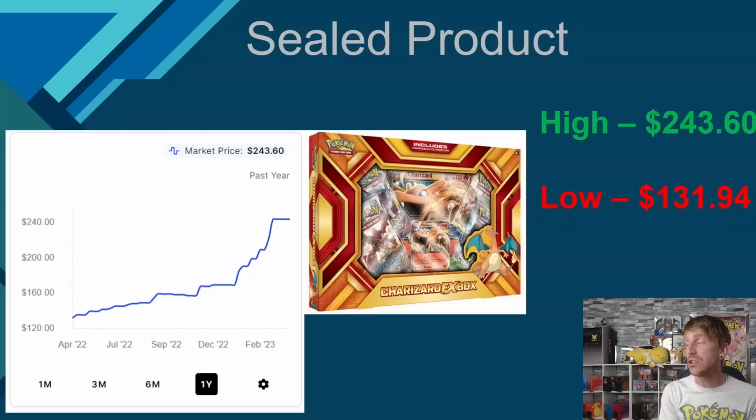This one comes with an Ancient Origins pack, like what we saw with the Gengar EX box. This was on sale clearance at GameStop for $3, $4. Absolutely insane. Very slow growth, April all the way up until December of 2022. You can see in April it was at a 1-year low of